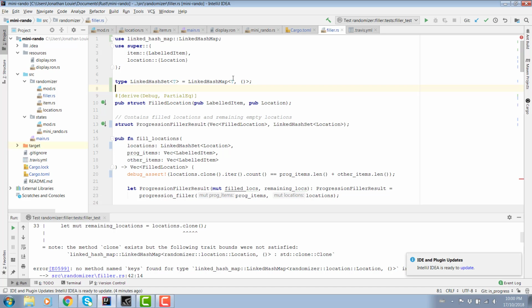Can I do like an impl clone? Or can I do like a derive? Well, I can't derive here. Okay, yeah, I'll just try and implement clone on LinkedHashMap then. I don't know how doable that is, though.